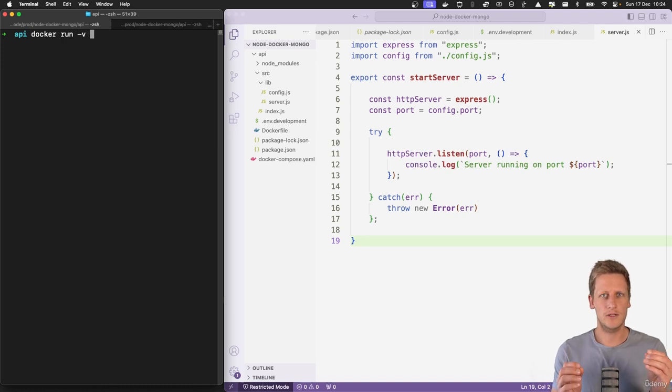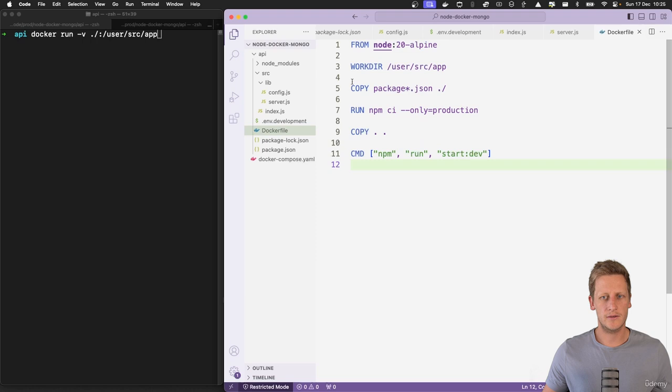This flag is going to take in a parameter of how you want to set up your volume, and so you need a source, a path to a source of your volume, which will be on your host computer, and then a path to the destination of your volume, and that'll be in the Docker container. So for our source path, we're simply going to reference the folder that we currently run this command in. So that'll just be $(pwd) and then a colon to separate this argument. The second part of this is we need to reference the path into our Docker container where we want the destination of our volume to be. And so we can say